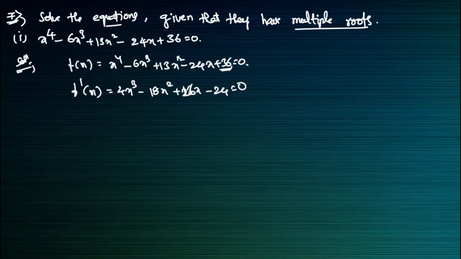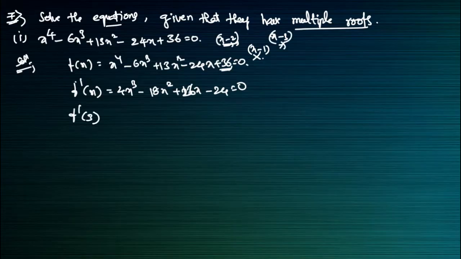Now if we take 1, it will become 1 power of 6, 13, 13, 6, 7, 7. So 1 is not a root for this one. And if I take x minus 2, please check whether x minus 2 is a root for this equation or not. So x minus 2 is also not a factor for this one. X minus 3, I checked here, this will be a factor for this equation, so I will substitute in f dash of x.